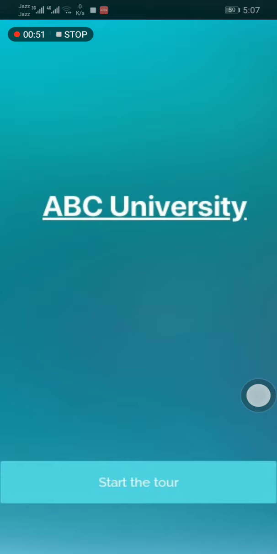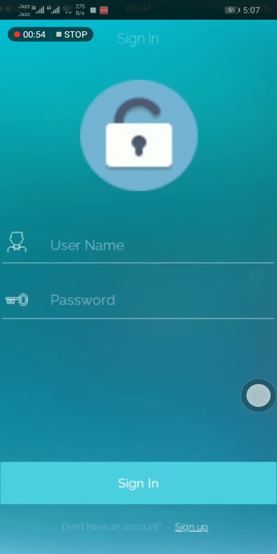After clicking that, you will move to this page where you can sign in if you have an account before. But if you do not have an account, then you have to sign up. You can click on the sign up link which is situated in the bottom, where you will give the credentials and you will be registered on our system. If you have signed up before, then you can sign in here by giving your credentials as shown, username and password. But let's say you do not have an account, then you will click on that link